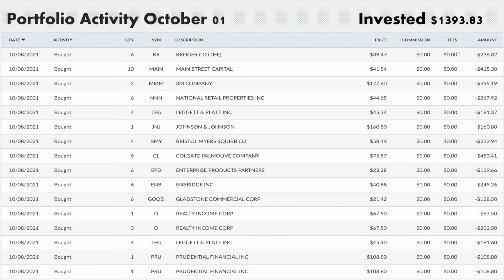Again, 4 more of Leggett and Platt. This is another one that's really undervalued right now. So I added 4 more. You'll see down below I picked it up for $45.40 per share. Here I picked it up for $45.34 a share, so 6 cents per share cheaper. But again, it's significantly under. In both these, 8 shares total, 4 shares different and 2 different purchases, helped to lower my cost basis in